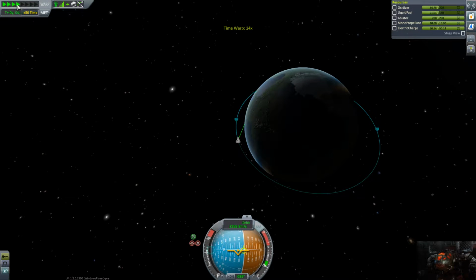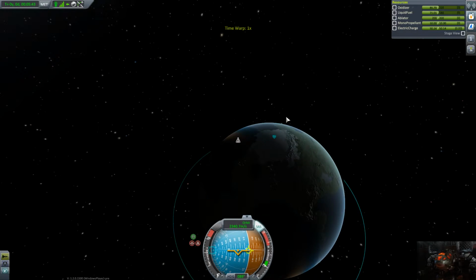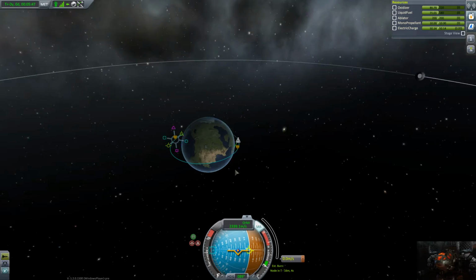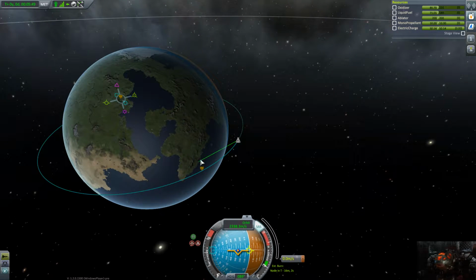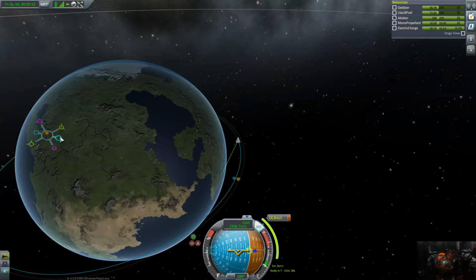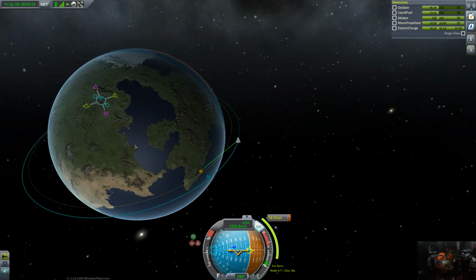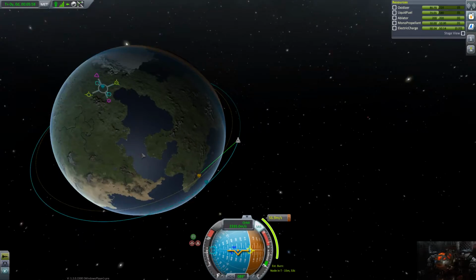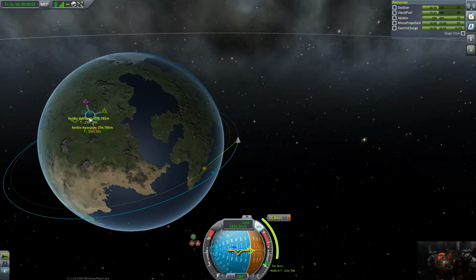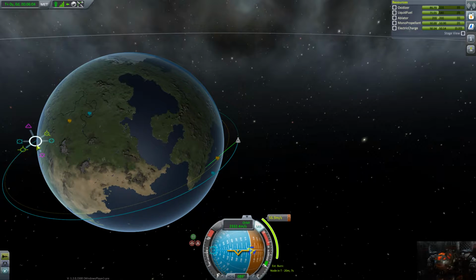So I'm just going to speed up a little bit here. And actually, what I'm going to do as well is tell it over here. We're going to add a maneuver. So I want about 20,000, I think, over the Kerbal Space Center. Whoops, wrong way. Yeah, that should be good. Though we're going to enter the atmosphere over here, so I want to go...